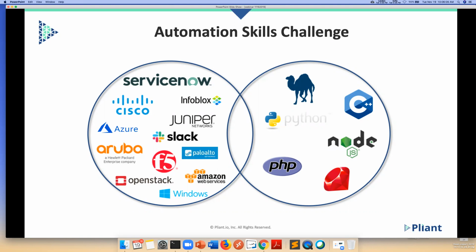So on the right side, we introduced a skill set that were programmers. They were developers. They were taught how to program, and they largely came up, many times, in the application space, not the infrastructure space. And so in the DevOps world, we saw people who could write code, and we had APIs, and we'd show them our infrastructure APIs, and they sometimes would write what we needed. Sometimes it was not quite what we needed because they had no real insight into the world on the left, right? The infrastructure world. And so the idea behind Pliant is to use a low-code,